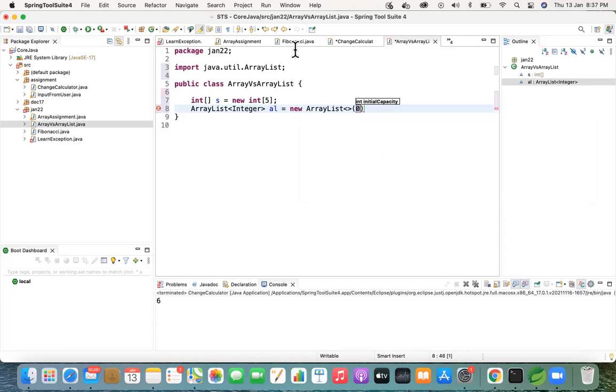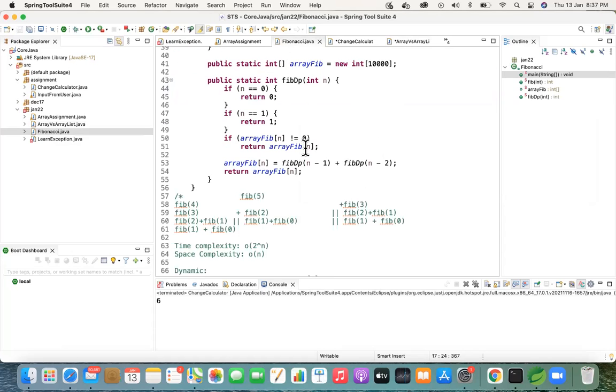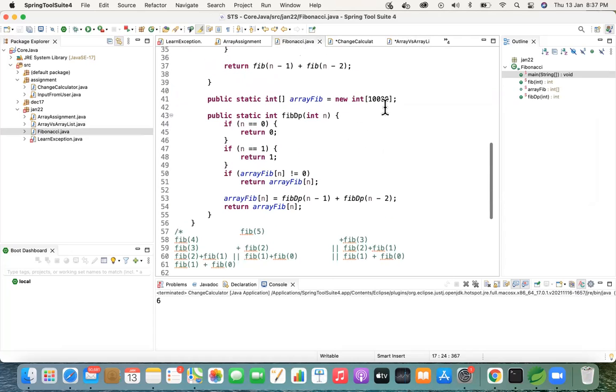And I had one more doubt. I'll do Fibonacci. So we declared this array with capacity 10,000, right? So when we declare this, we are wasting memory here, right? Yeah, we are wasting it. But in our use case, you can just have it as 10 also. If you have only a small number of Fibonacci values, you can go with that. But there might be cases where you get the data dynamically. In your input right now, you have only 5 as your Fibonacci, and you're getting the expected result set, which would be less than 20 positions.